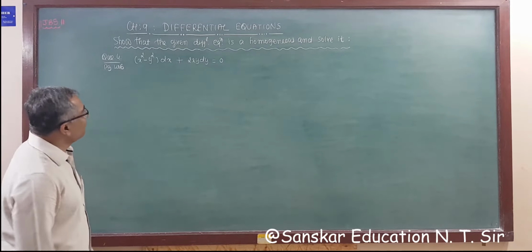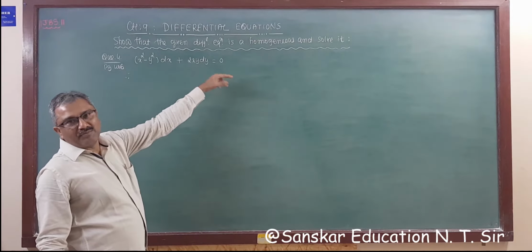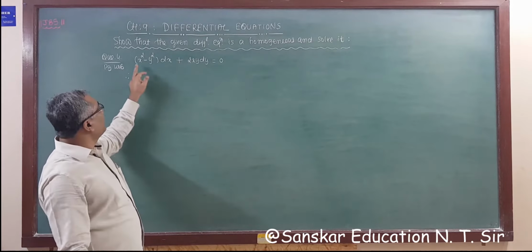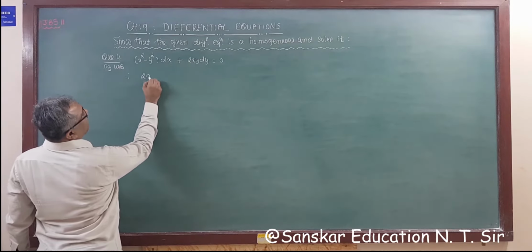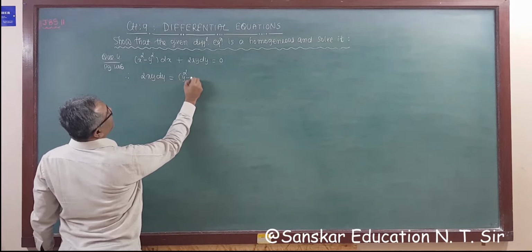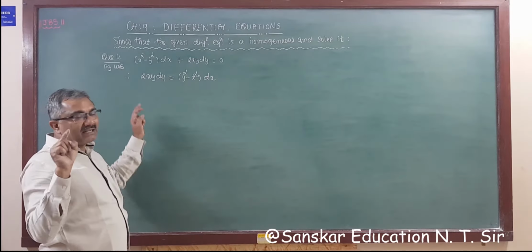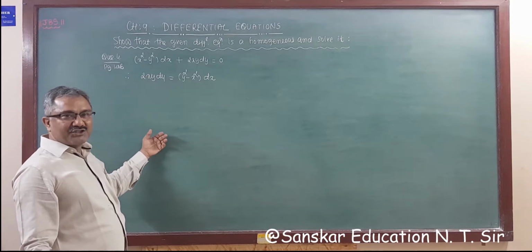Okay, so if we take these two opposite sides, this becomes minus, so here x square minus y square. I'm taking these two opposite sides, so plus becomes minus and minus becomes plus. So what we get: twice xy dy is equal to (y square minus x square) dx, right? This is your practice and for your reference I am solving, otherwise it's the same question, right?